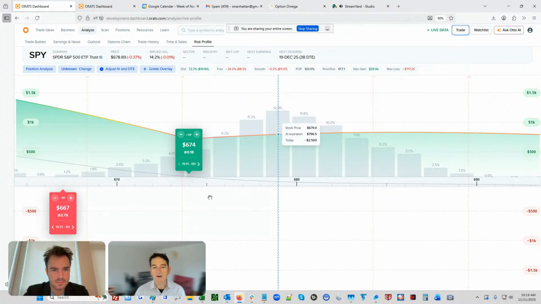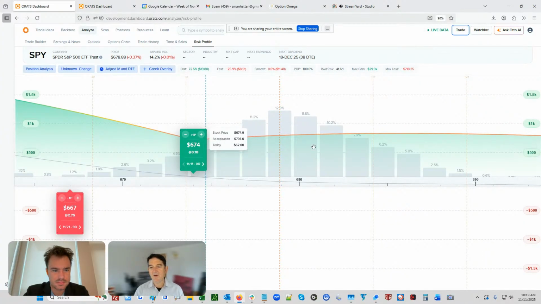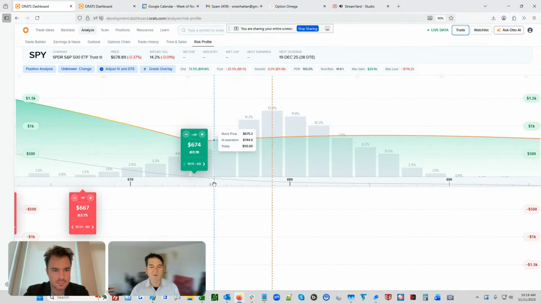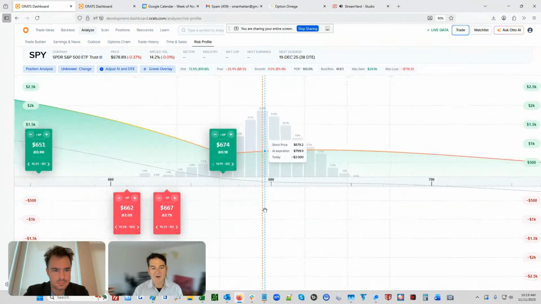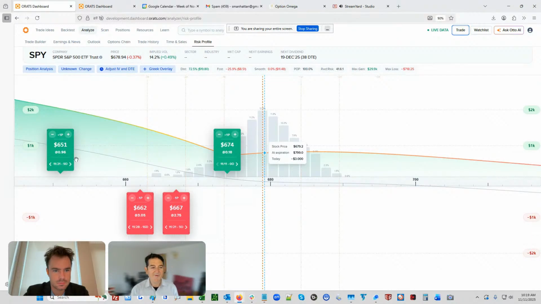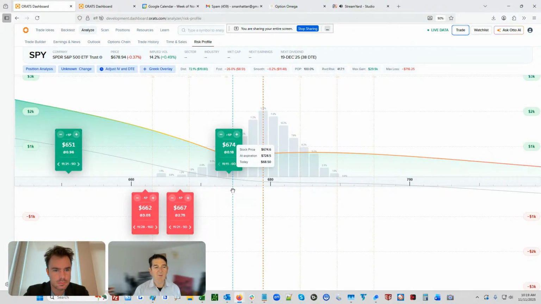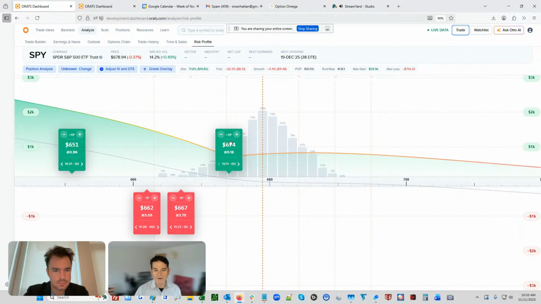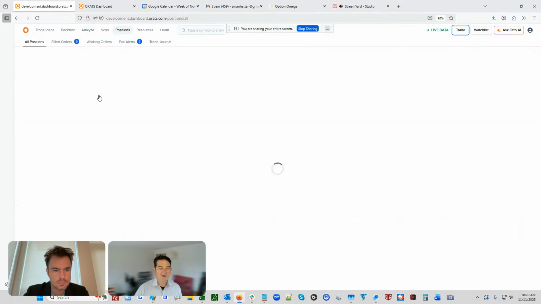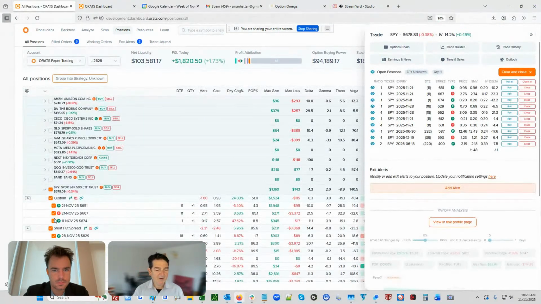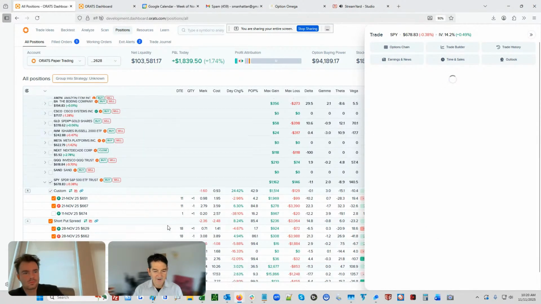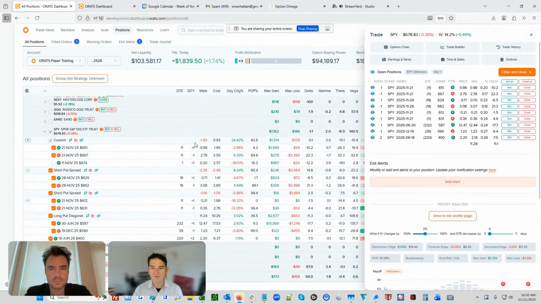Right. And it looks a little bit funny here, but eventually when we get to being able to adjust all of the positions and get them all on one graph and look at them, it's going to be a lot more intuitive. But the reason that we have so much curvature here is this one put. So if we took that one put out of the positions, that's going to change things quite a bit. So if we take that out,